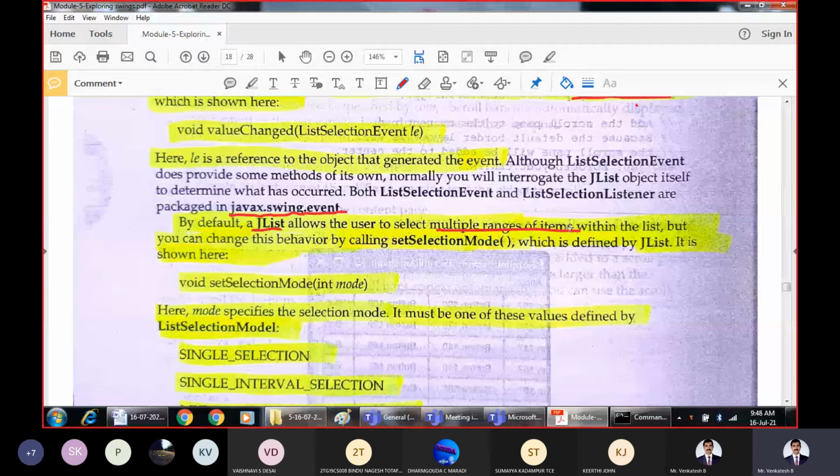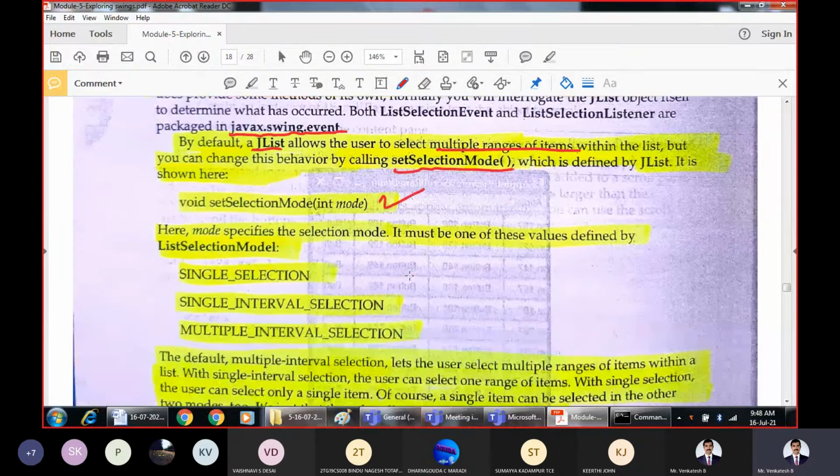But it is possible for us to change this behavior by calling the method called setSelectionMode, which will take mode as a parameter. And that mode has three different constants. That is how you want the list to behave. Single selection means from the list of items, we are allowed to select only one item.